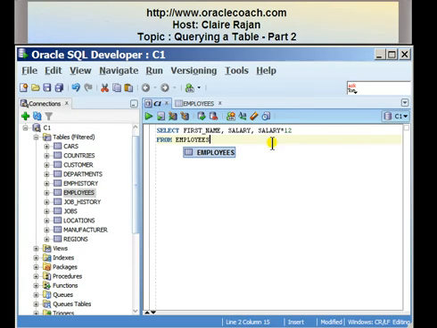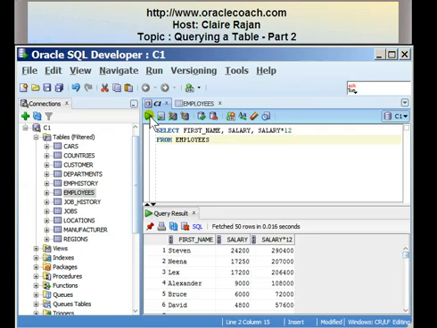Observe, salary times 12 is what I call an arithmetic expression. It will be a value that is derived by multiplying this monthly salary by the numeric constant 12. I just executed the statement and observe the output has the first names, the monthly salaries of the employees and